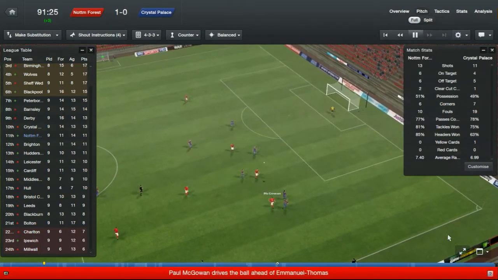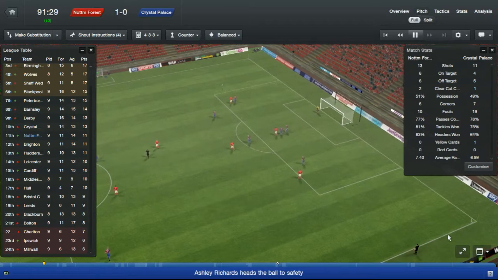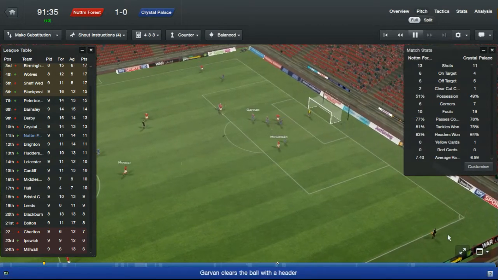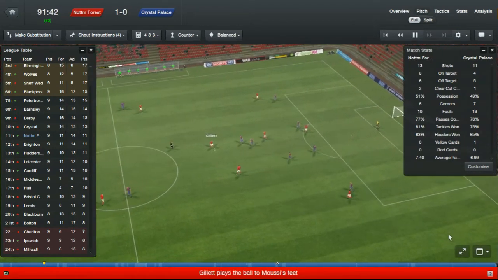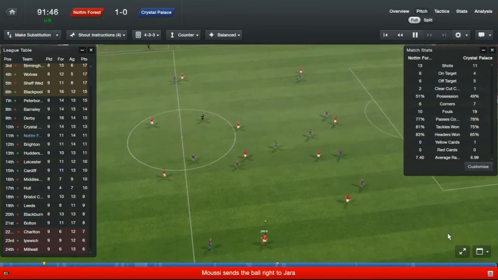McGowan's on it. Sends it over the top for Emmanuel Thomas, who's in some space. And it's headed to safety, but Emmanuel Thomas is going to win the race there. And he's going to send in the cross. Well, don't do that. We need to retain possession. Actually, that's what I'm going to do. Retain possession. I don't think it's even going to go in time, but...